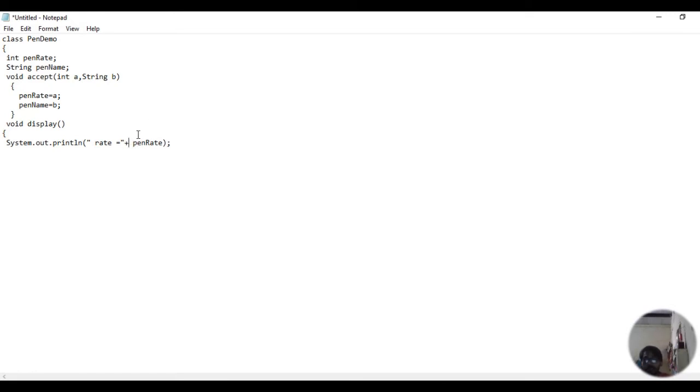Okay, do we not use concatenation in it, the plus sign, to print a variable, to separate a variable from a string, and to separate a variable from another variable? Okay, another variable. So that rate and